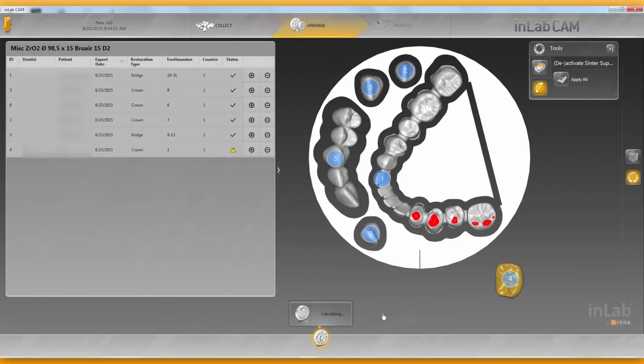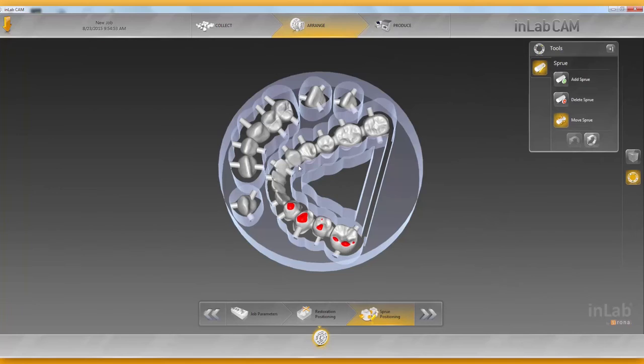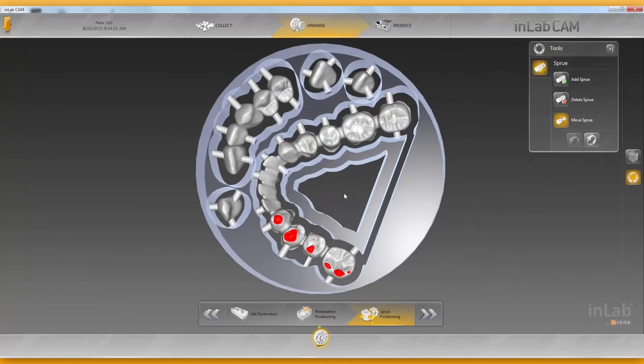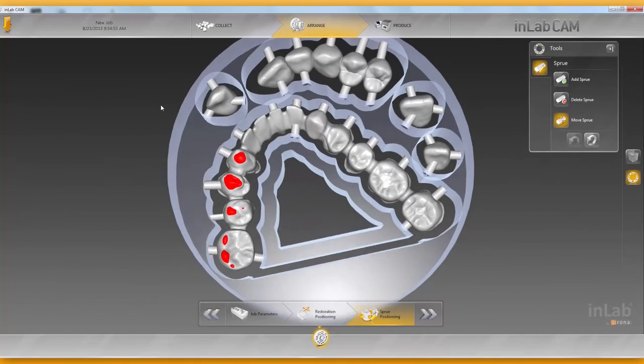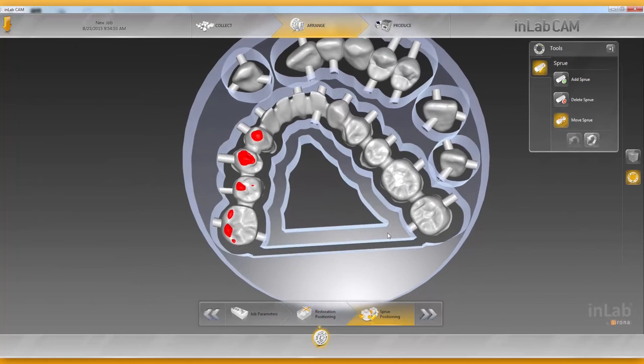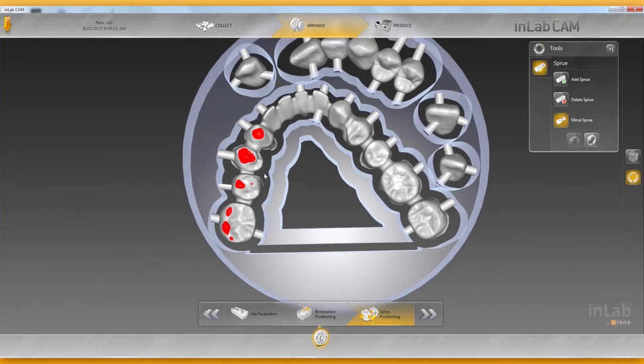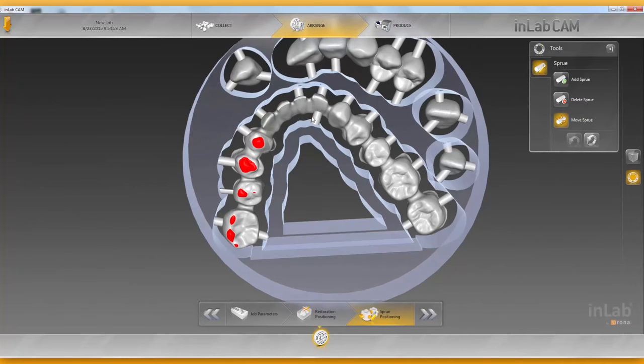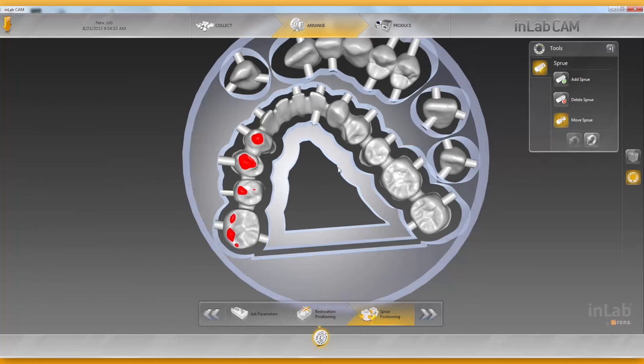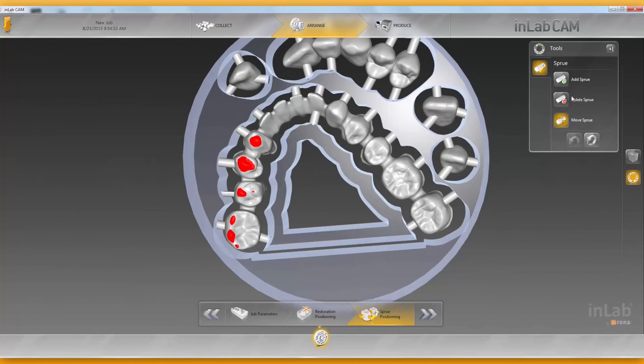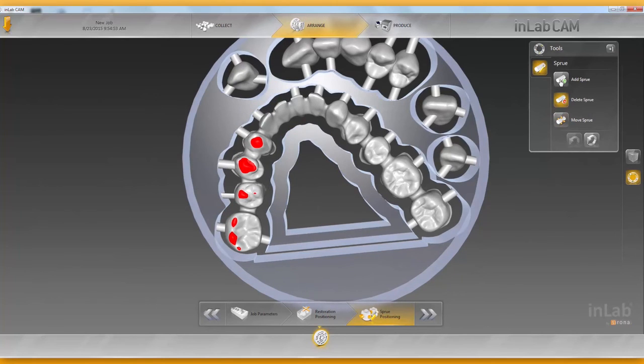We'll arrow forward to sprue positioning. All right. So with these particular cases, I only like to have 3 sprues connected to the centering bar. I like to have one at the bottom molar, one at this bottom molar, and one at the top. I don't want to have sprues going to each element on the lingual. If I wanted to get rid of this one and put it more near the top,